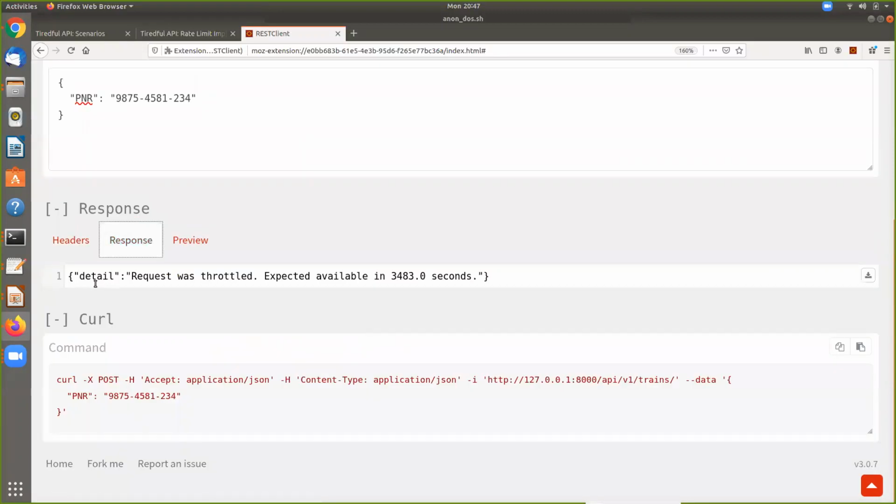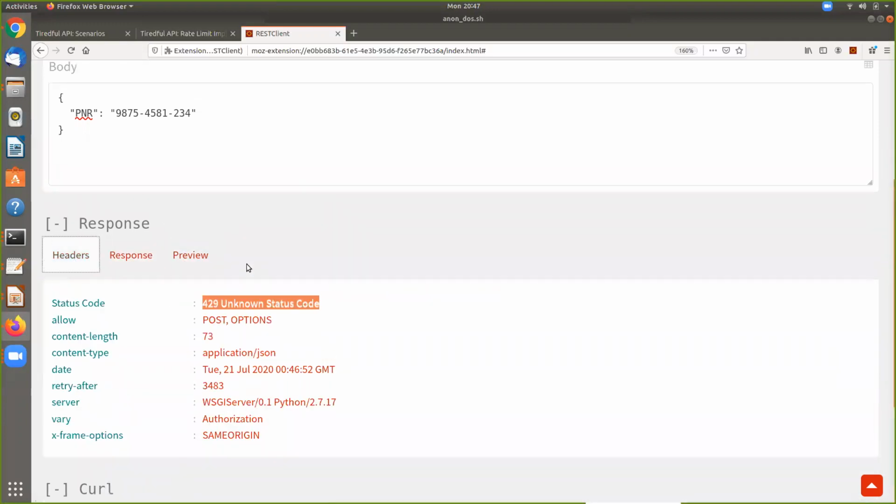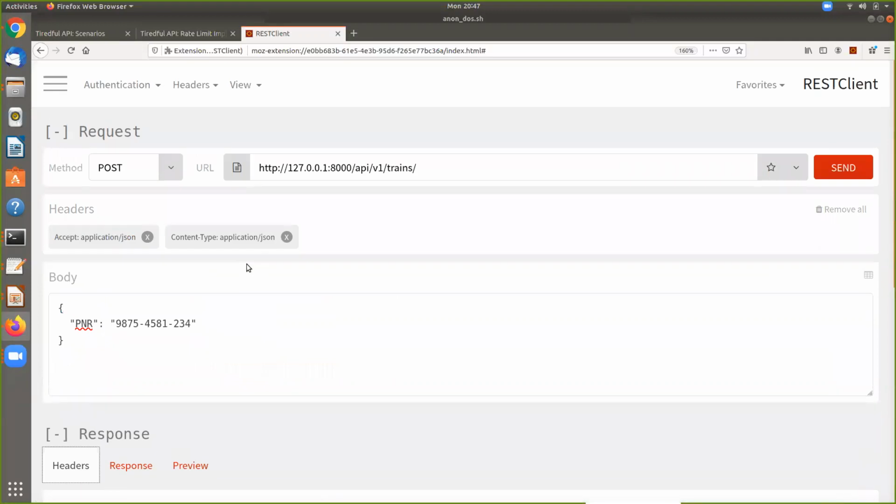We look at the response in detail. Request was throttled. Expect available in 3,483 seconds. Same thing when we look at the preview. So that's effectively knocked this thing offline. And just from a defensive standpoint, obviously this is something you would want to start doing rate limiting within the